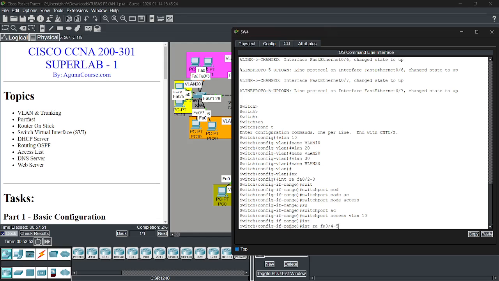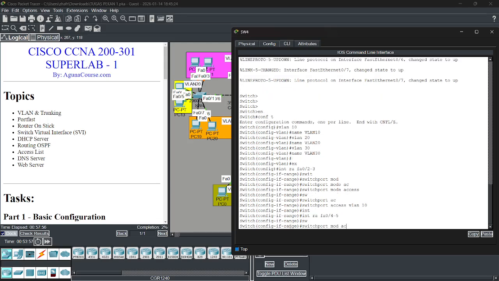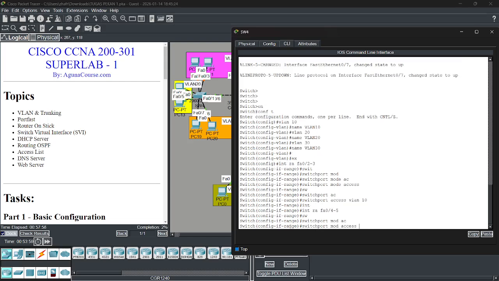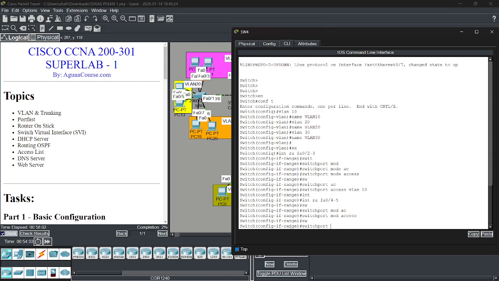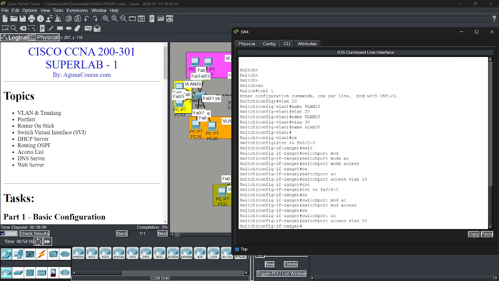FastEthernet 0/4-5, switchport mode access, switchport access VLAN 20, and then the third